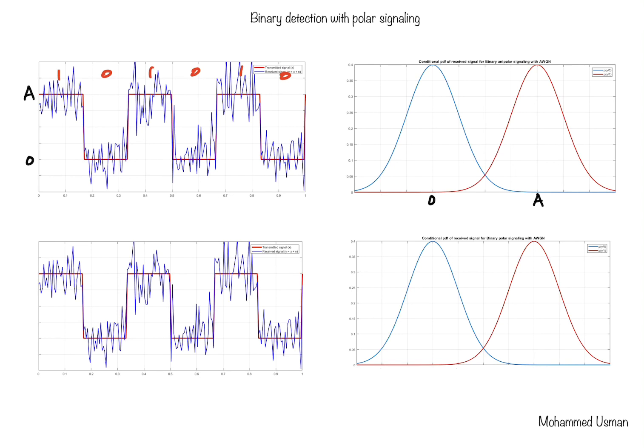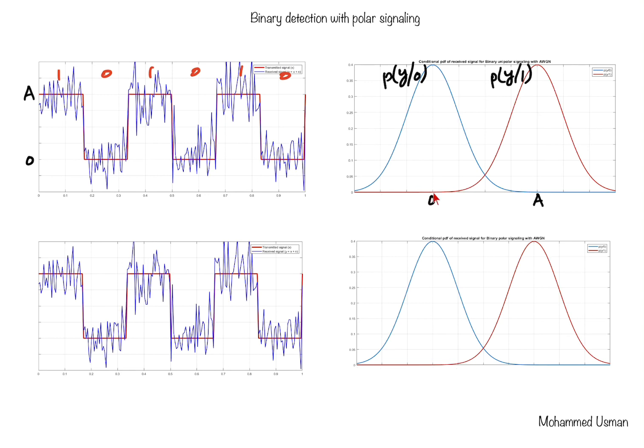So let me write that down. That's the probability of the received signal Y on the condition that 0 is transmitted. So it's a conditional probability. And the red one is the PDF of the received signal Y when a 1 is transmitted. So we have seen this in the last lecture, and